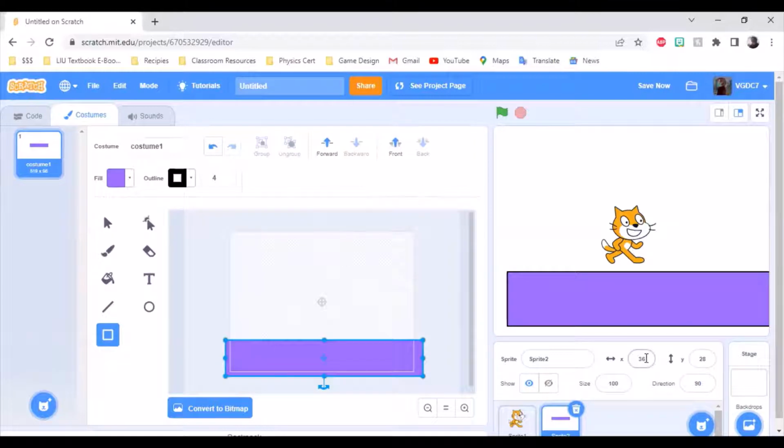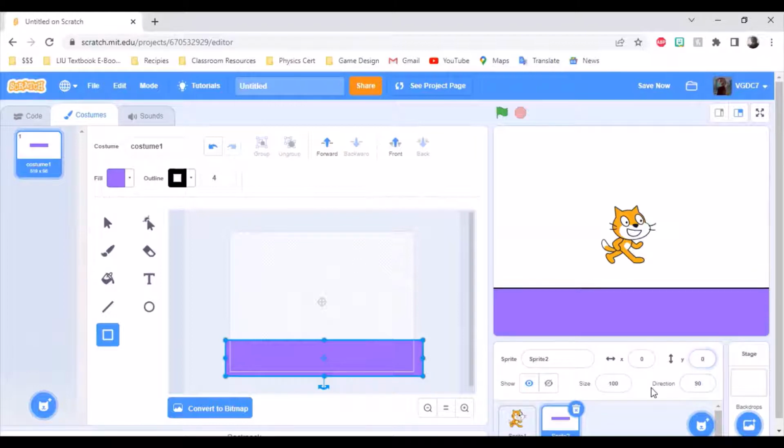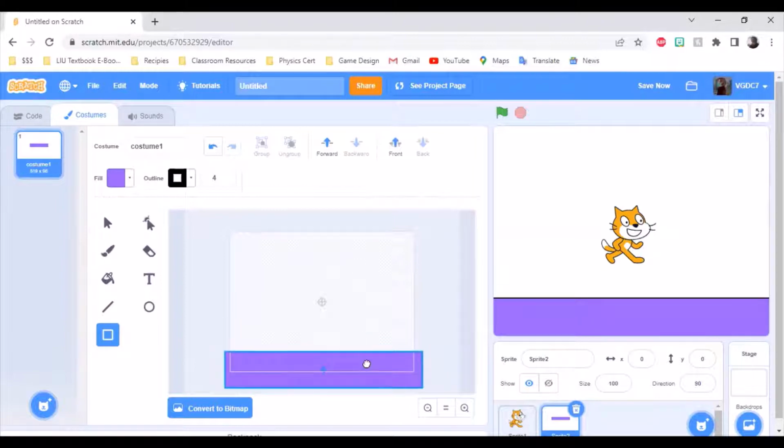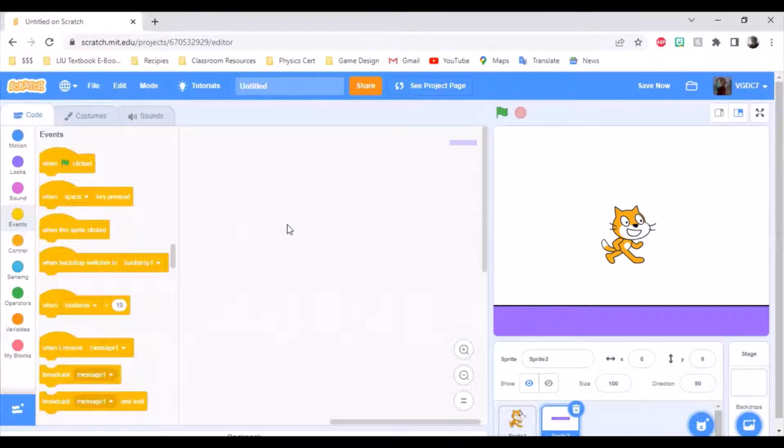And you want to place it at 0 for the X value and 0 for the Y value. So that way it lines up on your actual screen exactly how it is in here where you're drawing the costume. I actually want to move it down a little bit myself. I like it being pretty low, so we have a lot of space to play around. All right, so we have our level, and before we actually get started writing our code, I want to put